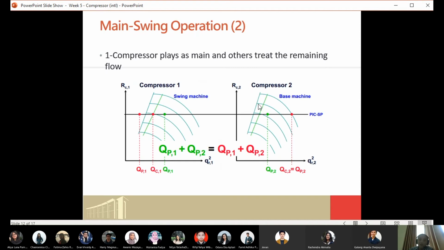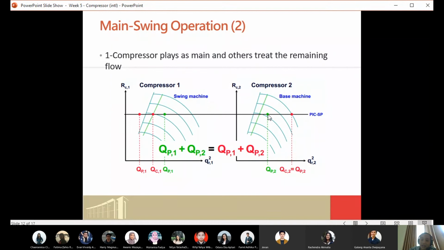When we look at these two performance curves of the compressors, imagine that you split the flow rate equally to both compressors. For compressor 1, it will be at QP1, this green point. As well as for compressor number 2, when you split the flow equally, it will be at QP2 here, the green one.